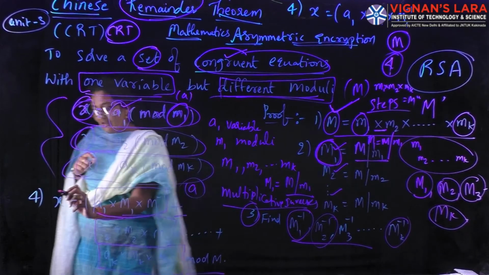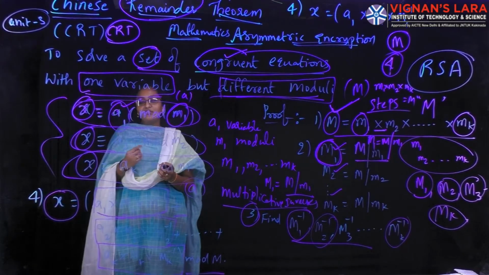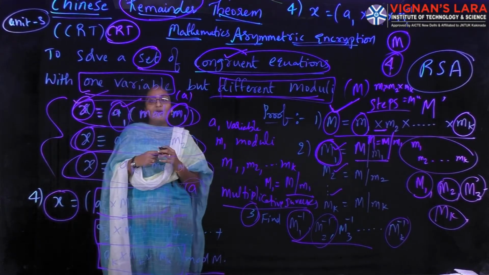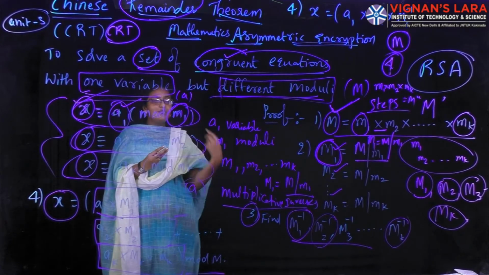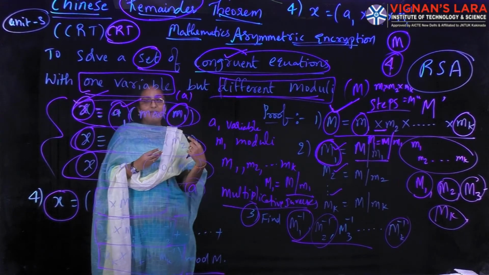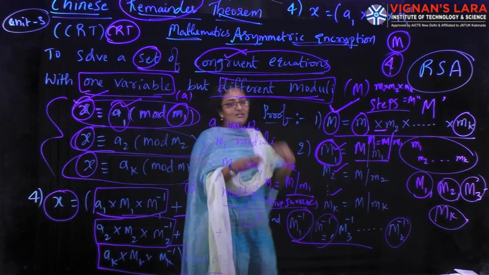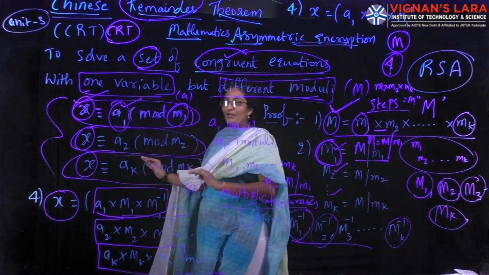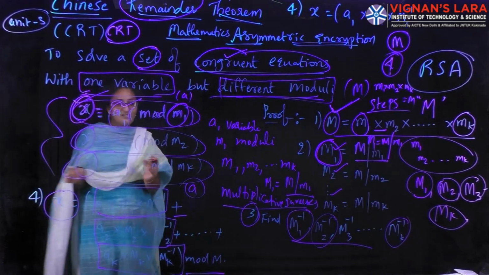So this is the fourth step, the final step in this Chinese remainder theorem. In the fourth step, we are actually going to find the value of x. If we compute the value of x, then this Chinese remainder theorem will be completed. So first we have to know what is the statement of Chinese remainder theorem, then what is the proof. In proofs we have 4 steps. What are the first 3 steps? These 3 steps are used to compute the ultimate x value. So finding the ultimate x value is the final thing in this Chinese remainder theorem.